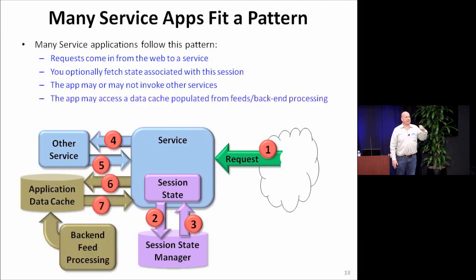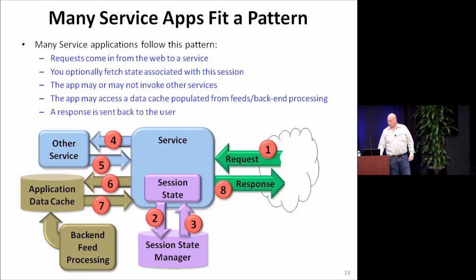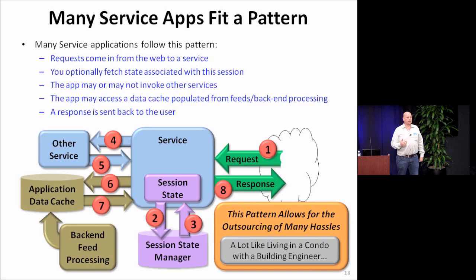You may go and look in a data cache, and that data cache is like the Amazon example of the product catalog, the price list. You have the identifier of a product, you go out and you get all the description, you get all the reviews, you get the photo for it, you get all the stuff and you smash it up onto the screen. Okay? And that's all done out of a cache which is somewhat out of date, which is being filled in with knowledge from the back-end processing. Okay? And then you send a response back.